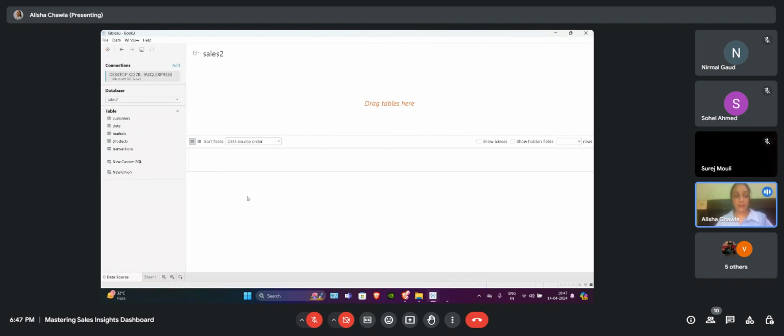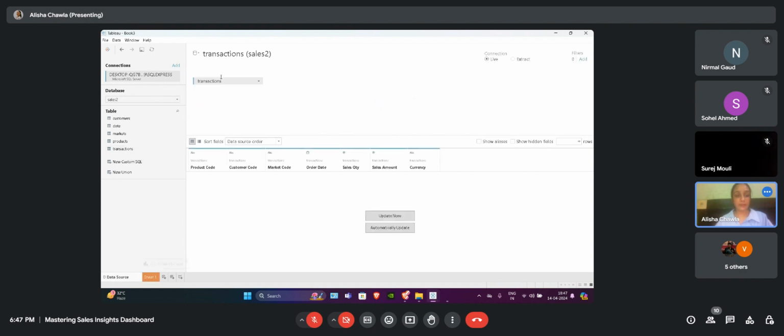To start working on the tables, what we have to do first is drag a sheet on which we have to start working. So I will drag transactions first, because all other tables are connected to this table.